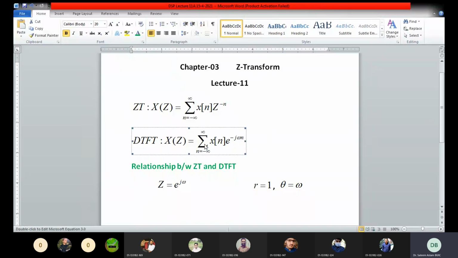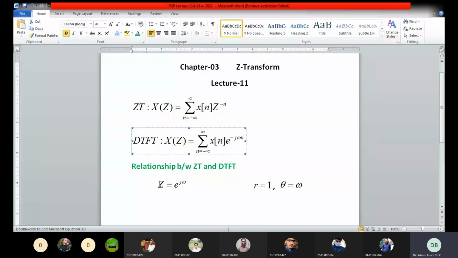Hopefully you have no issue with these formulas. You just replace e to the power minus j omega n with z to the power minus n, right? If we compare these two formulas, n goes from minus infinity to infinity in both, so the summation is the same, x of n, x of n. Till here we have 100% similarity. However, if I see the last term, that is z to the power minus n and e to the power minus j omega n, so from here